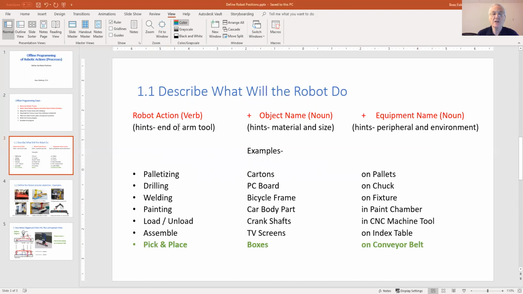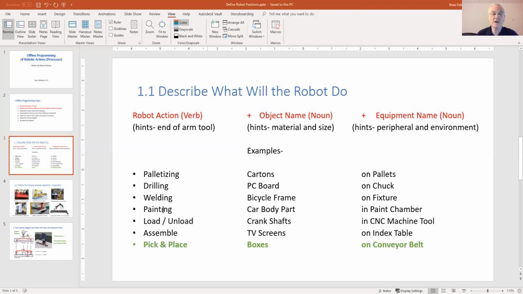It hints at the end of arm tool that the robot is carrying to do the job. And then we name the object of the robot, which hints at the material and the size of the process. And finally, we name the peripheral equipment, which also hints at the environment.